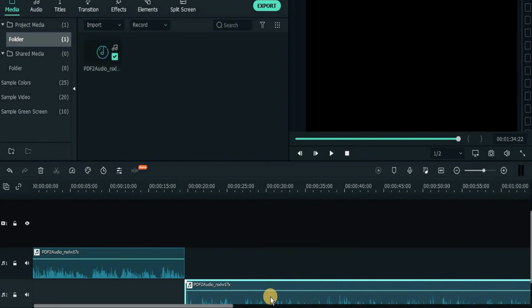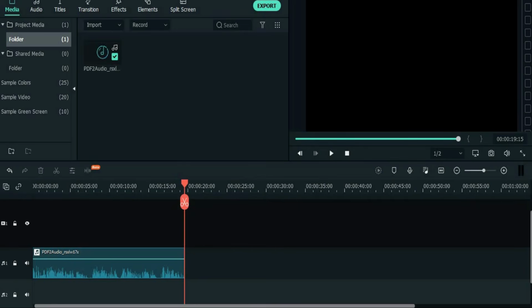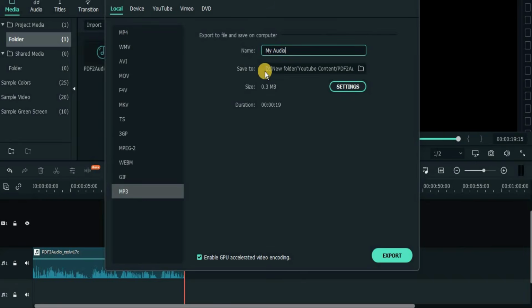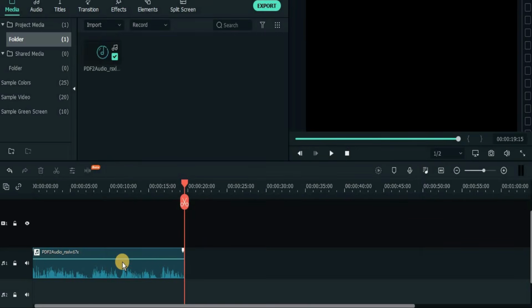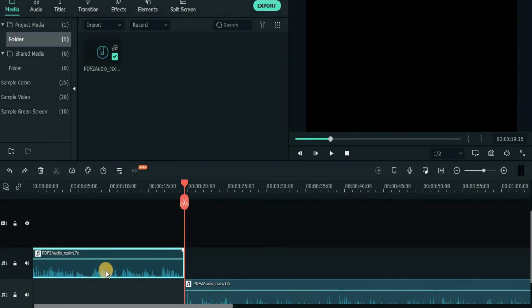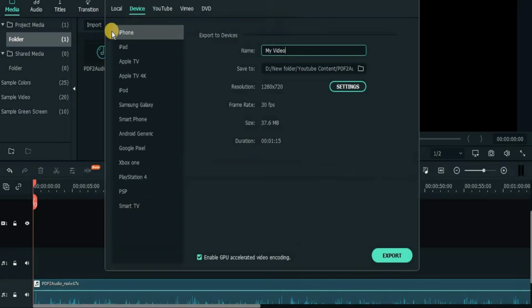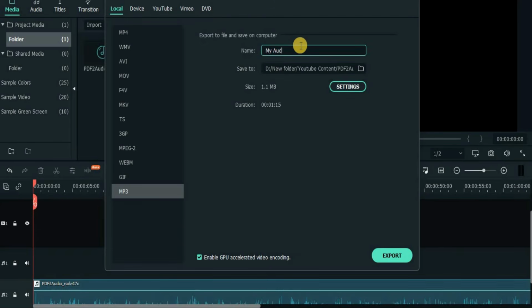So firstly, I'm going to delete this one from here, and I'm going to click on this export button right here, export to device, and I want to export it as an MP3 file. So I'm going to select that, and here I want to provide it the name SP1 because it is the audio for speaker one. Simply click on export. Once this is done, now I'm going to undo the changes and remove the first part so that now we have only the part for the second speaker. And once again, we are going to export it in the form of an MP3 file, and I'm going to name it SP2 because it is the dialogue for the second speaker.